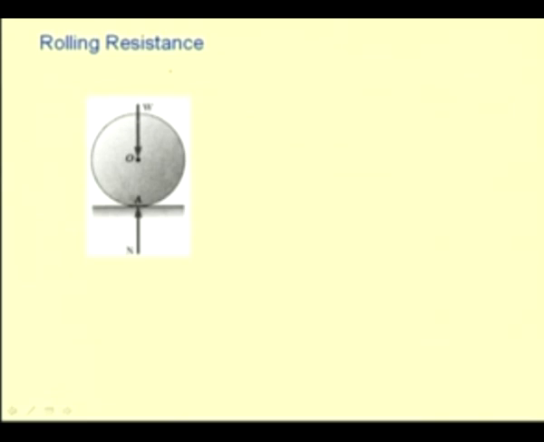Let us see how this rolling resistance comes into picture. In the ideal contact, both these bodies are deformable, and so the point of contact is no longer a line, but rather